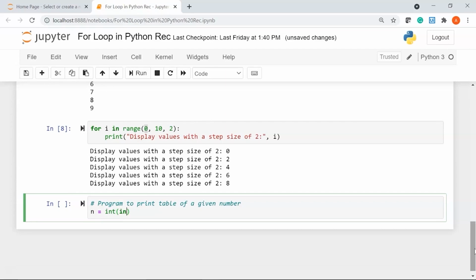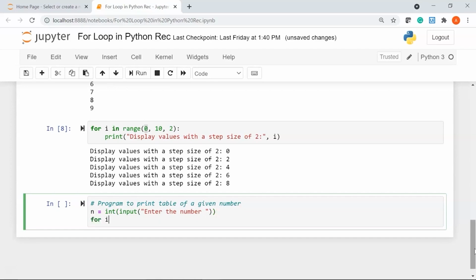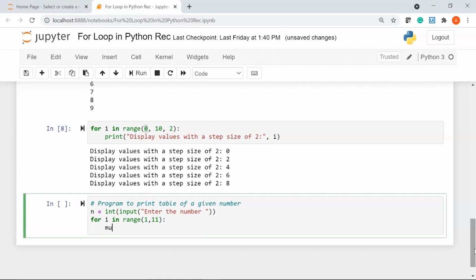So I'm using the int function, and inside the int function I'll use the input function to take the user input. I'll give my message as enter the number. I'll say for i in range from 1 till 11, I'll say multiply, which is mul here, n asterisk i.